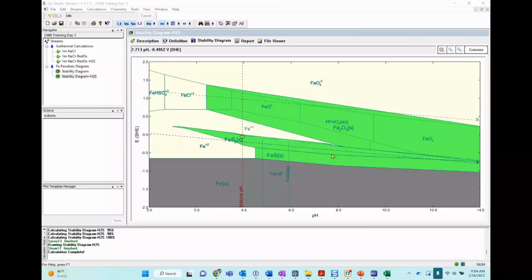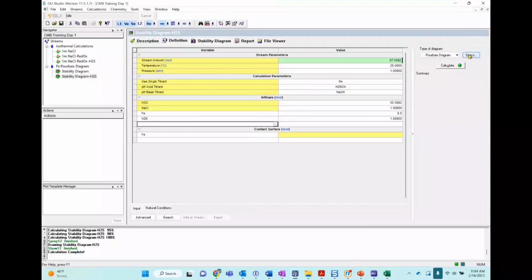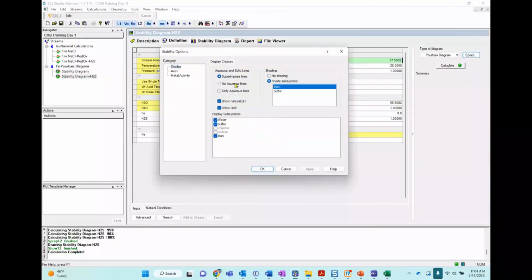Yes, it would be mostly a solid type of passive layer. That's a layer that is kind of solid, gelish type of. It's not an aqueous phase, no. It's easier if I just remove the aqueous lines.